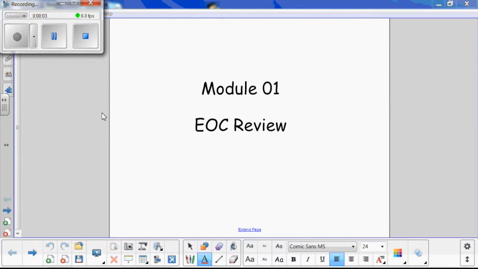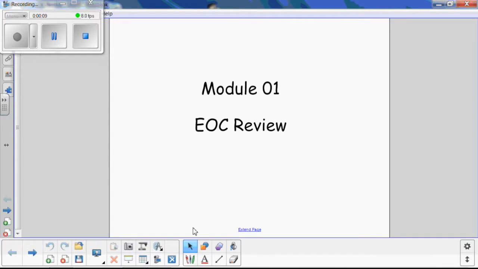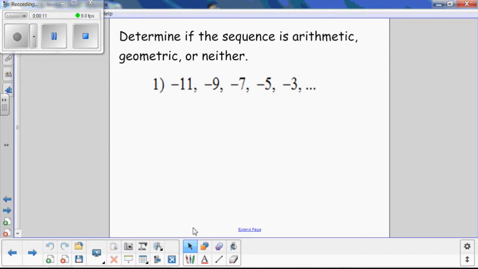This is the Module 1 EOC review. The first thing we talked about in Module 1 were sequences, and we determined if a sequence was arithmetic, geometric,